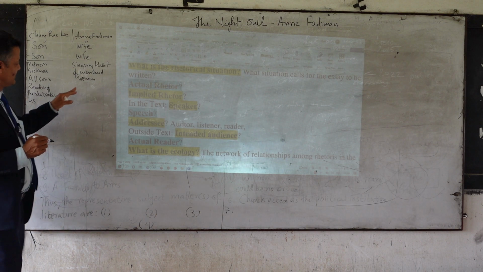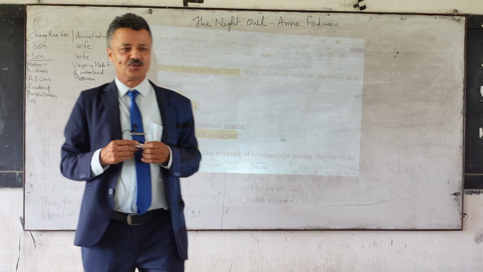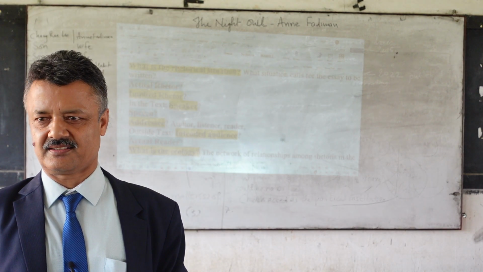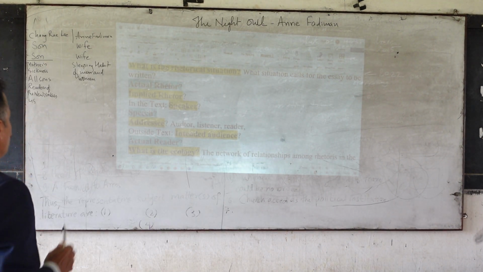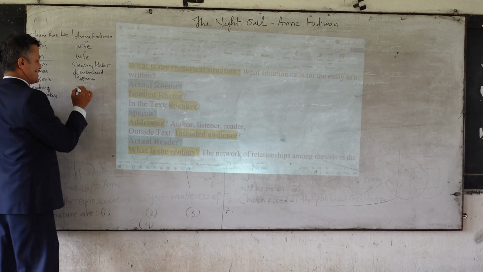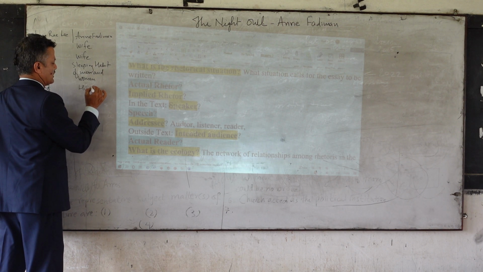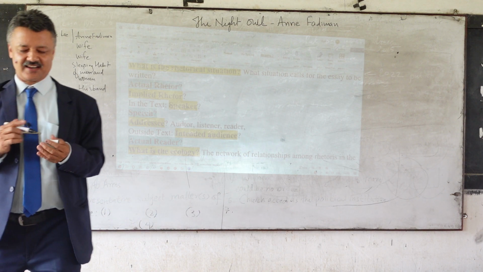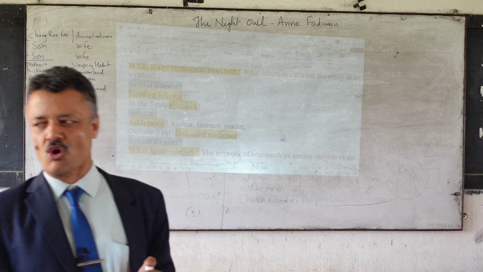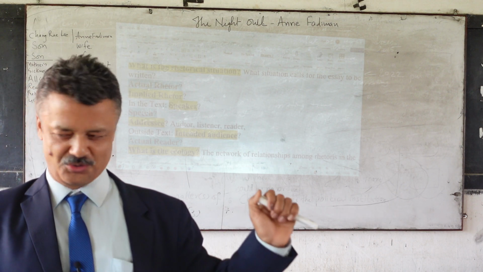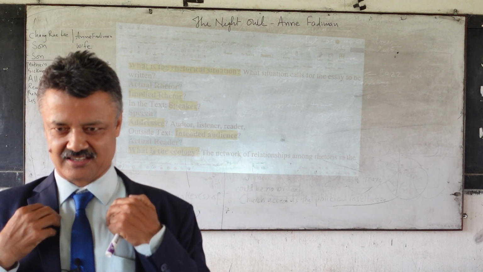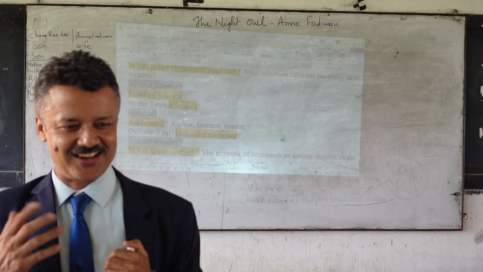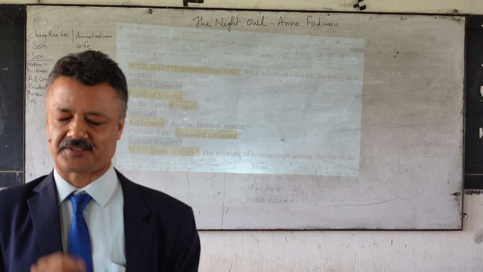Addressee. Now here, who is Anne Fadiman's audience, addressee? Her husband. Okay, let's say, okay. You think that somewhere she is addressing her husband. Does anywhere you have indication that she is talking to her husband? I don't know. See, in this class, I'm ignorant, you are learned, and you are teaching me, right? I don't know. I'm asking you. Okay, you said husband. We'll check.